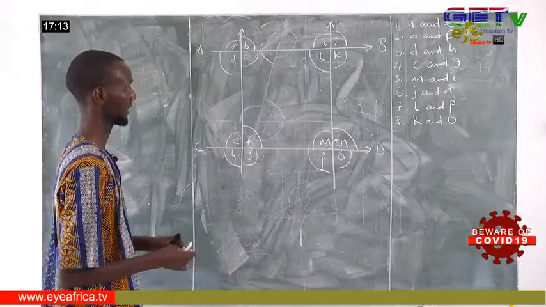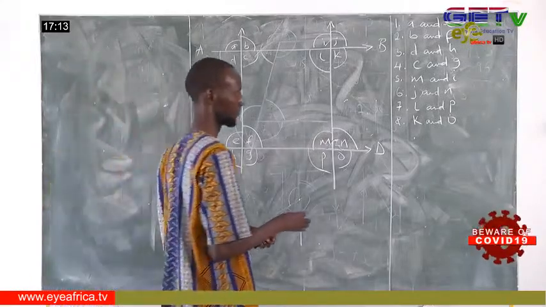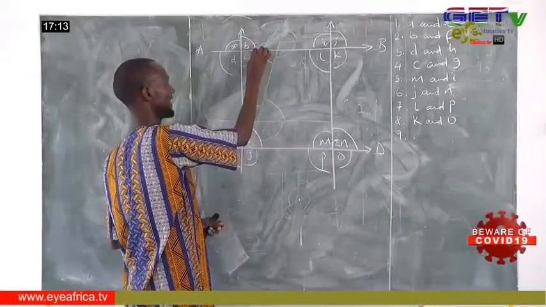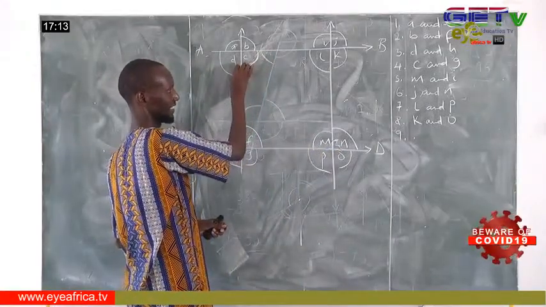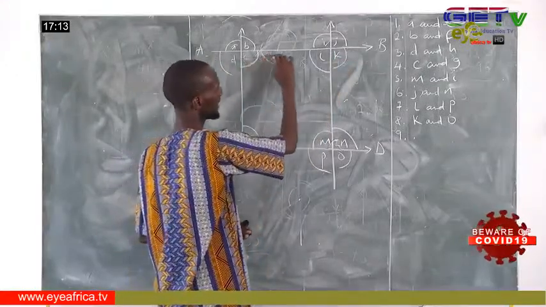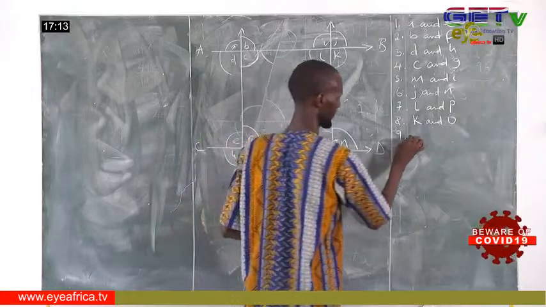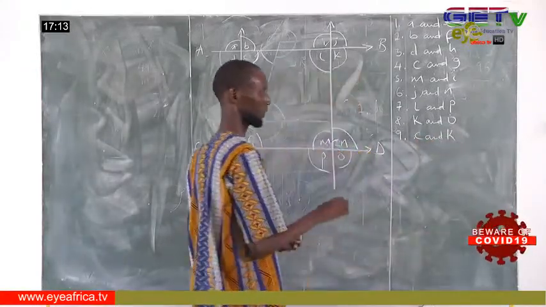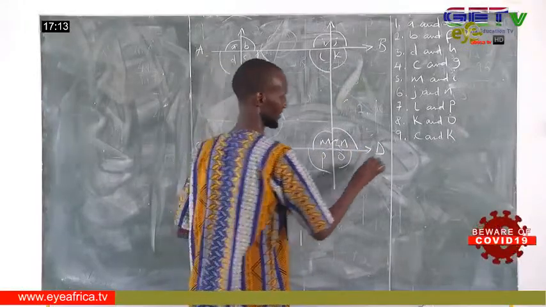So we can use those again to get our remaining sets of corresponding angles. Like if you take angle C is inside, angle K is outside, but they are on the same side. So therefore, C and K are also corresponding. Number 10,